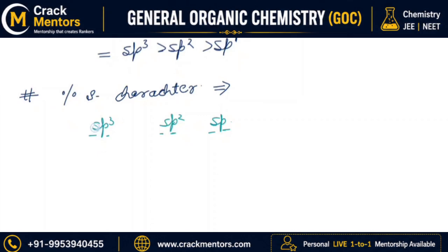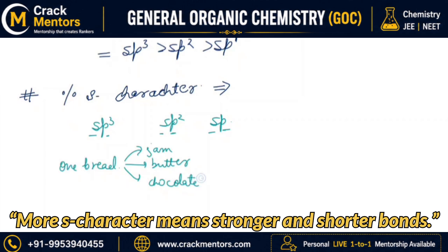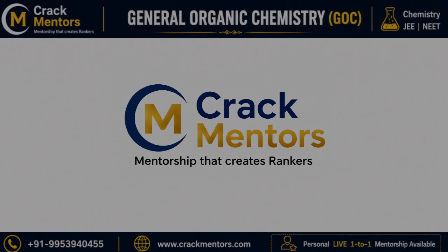Here a single s is being combined with 3 p. For example, if I explain with the help of daily life examples, suppose you have one bread, and this one bread is being mixed with jam, butter, and some chocolate, like Hershey's chocolate. Okay, so the percentage s character,